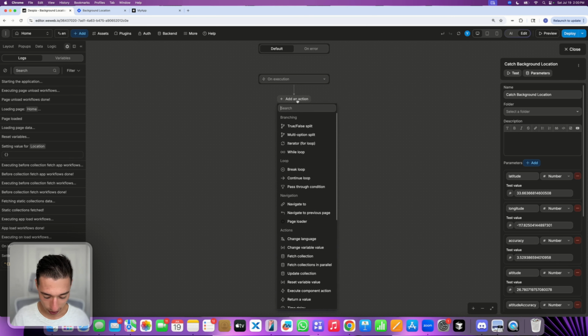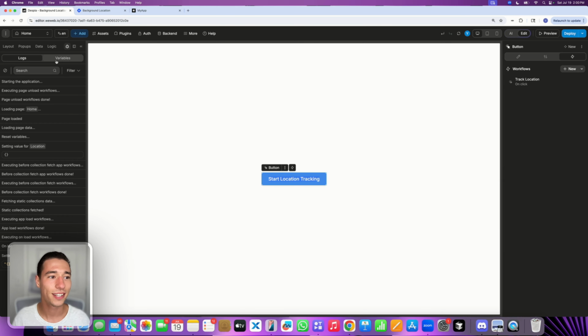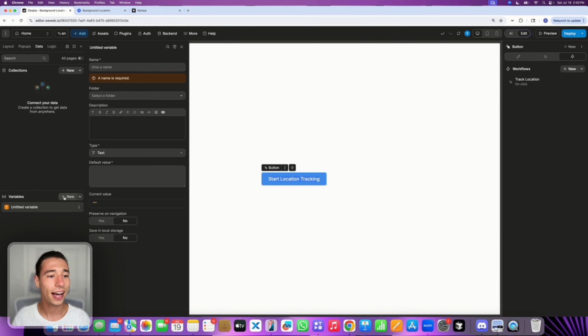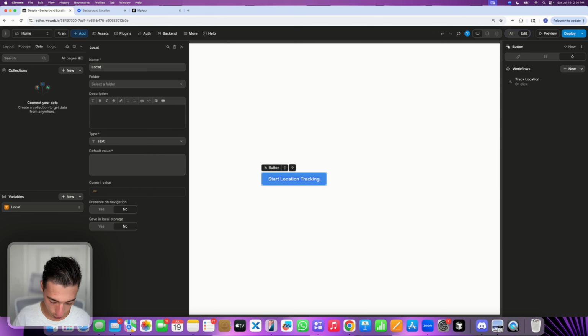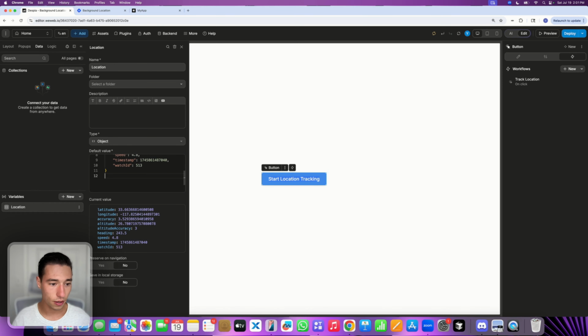So let's add an action, and I will go to Change Variable Value, and I will say Update Location Variable. Now, first of all, we need to also create a variable. So let's go to the data panel in WeWeb, create a new variable, and let's call that location. And now I want to put in a sample value. So this will actually be type object. And now I will go to our documentation with a sample value and put the sample value inside of here,